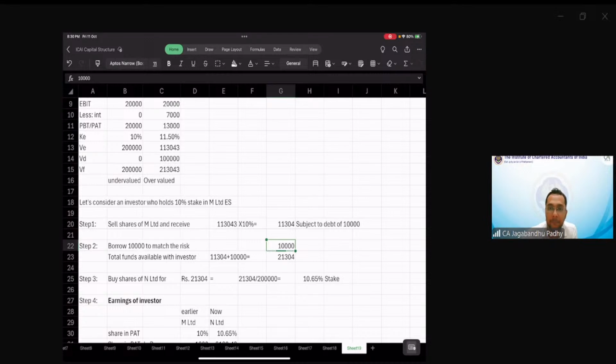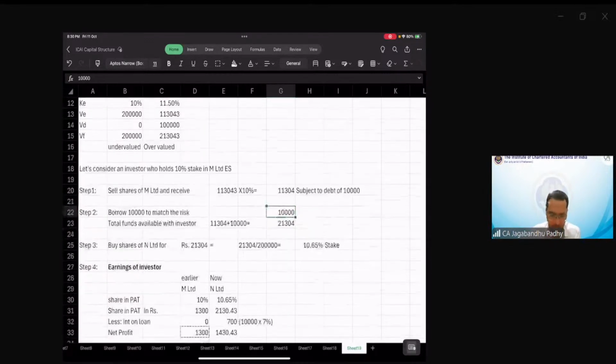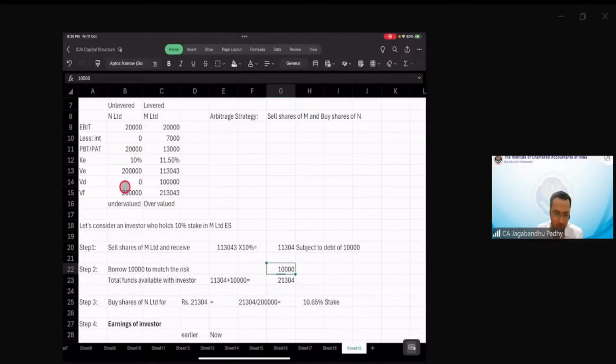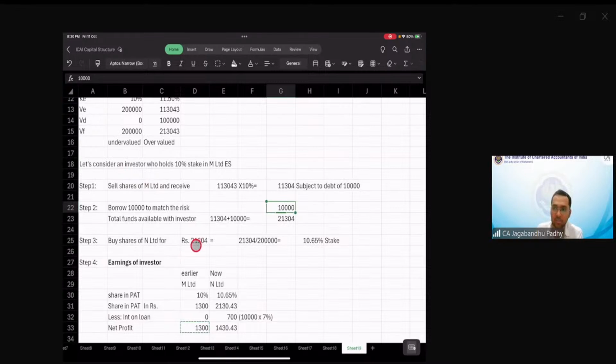यस सर. सर फिर ये एम लिमिटेड के बेसिस पे एन लिमिटेड के शेयर्स कैसे निकाले हैं? ये तो 21,304 आपके पास आ गए लोन लेने के बाद. तो 21,304 रुपए हमने इस कंपनी में, अनलीवर्ड में इन्वेस्ट कर लिया. तो पूरे कंपनी का वैल्यू था 2 लाख, उसमें से हमने लिया 21,304 रुपए के शेयर. तो कितना परसेंट पावर आ गया अपने पास उस कंपनी में? 10.65, राइट? और मैं प्रॉफिट में भी 10.65% दूंगा अभी, है ना? देखते हैं सर, प्रॉफिट पे करने के बाद हमें यहाँ पे फायदा हो रहा है, तो हम लोग एम से एन में शिफ्ट हो जाएंगे. ओके सर. ओके, यस सर.